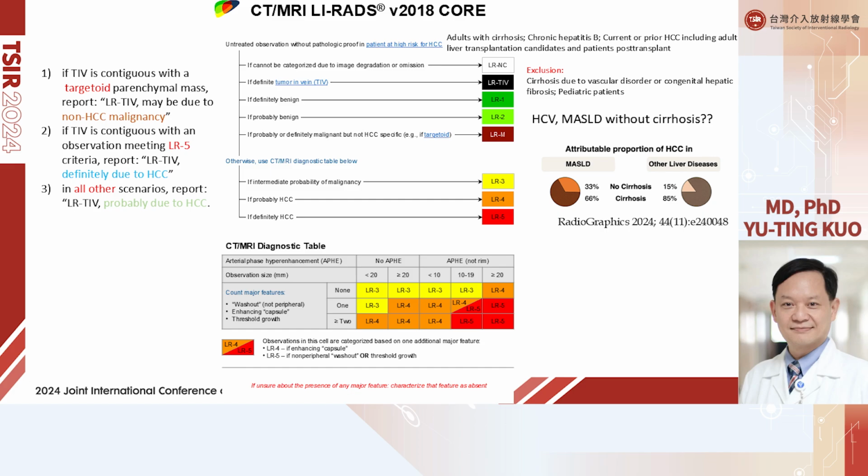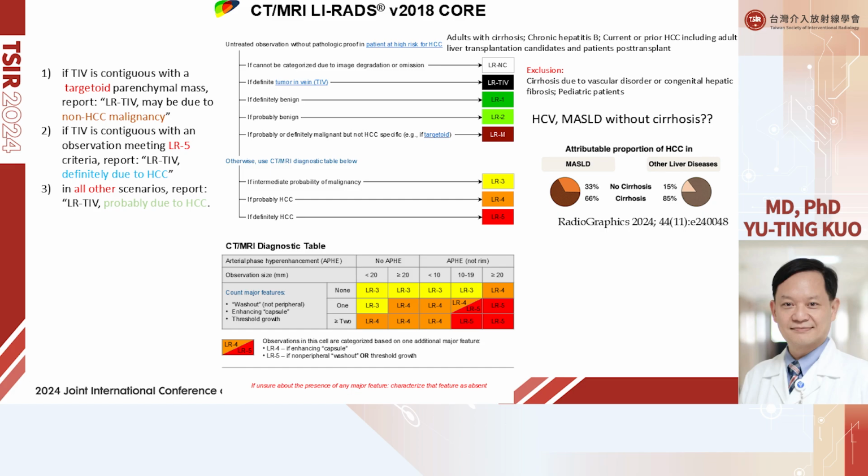Cirrhosis due to vascular disorder or congenital hepatic fibrosis should be excluded, and we cannot use LI-RADS for pediatric patients. LR-TIV, which is tumor in vein, can also be applied with LR-4 or LR-5 or LR-M to make the diagnosis